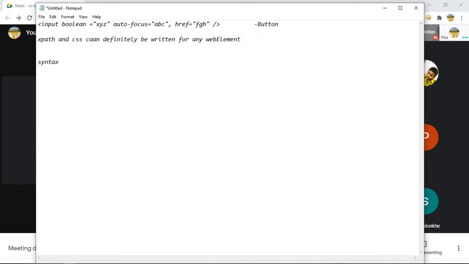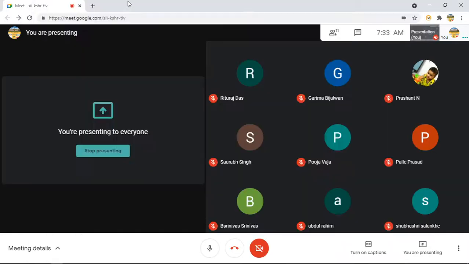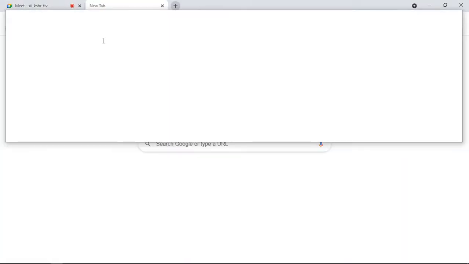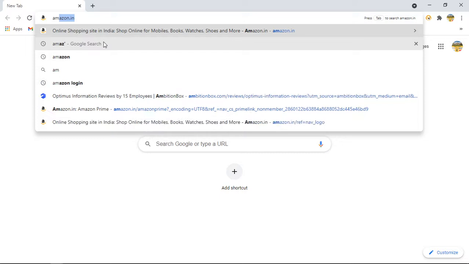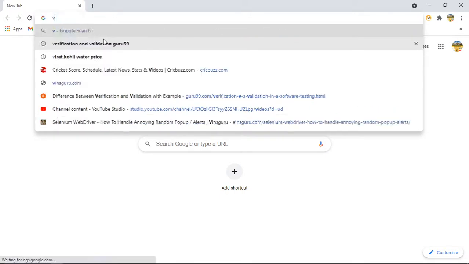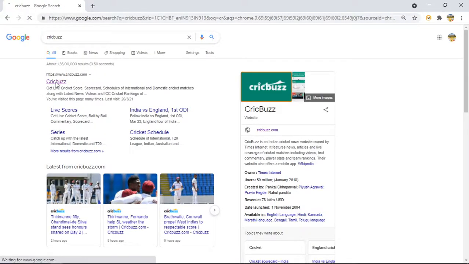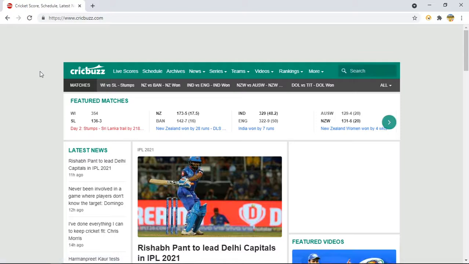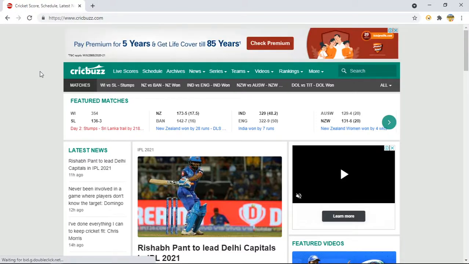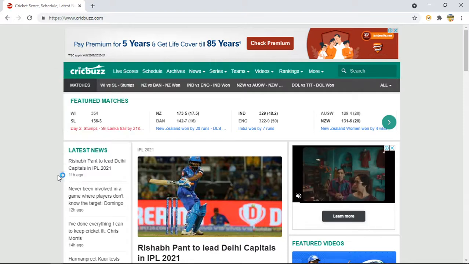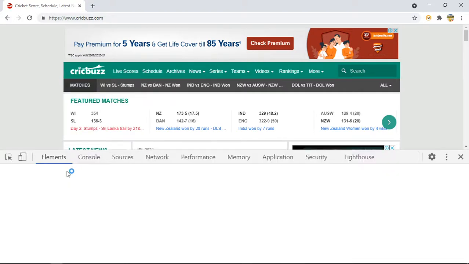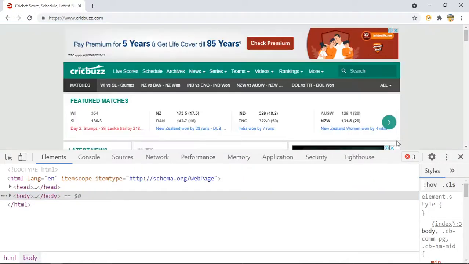Syntax is very simple. Let us see one thing before that. If I open any website, like Amazon, let me say this one, and I want to see the HTML code for this website, how can I do it? I will right click and click on inspect. That will show me the HTML code of this complete website.